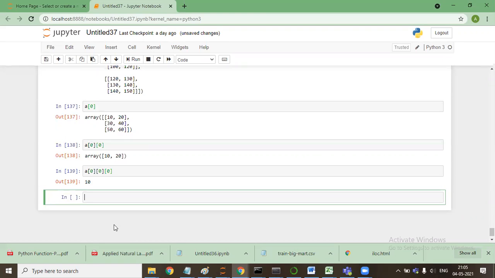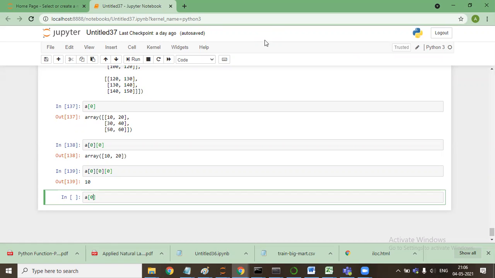Now in a similar format, if I need to select the first dimension, if I say A[0], it will be the entire first dimension.